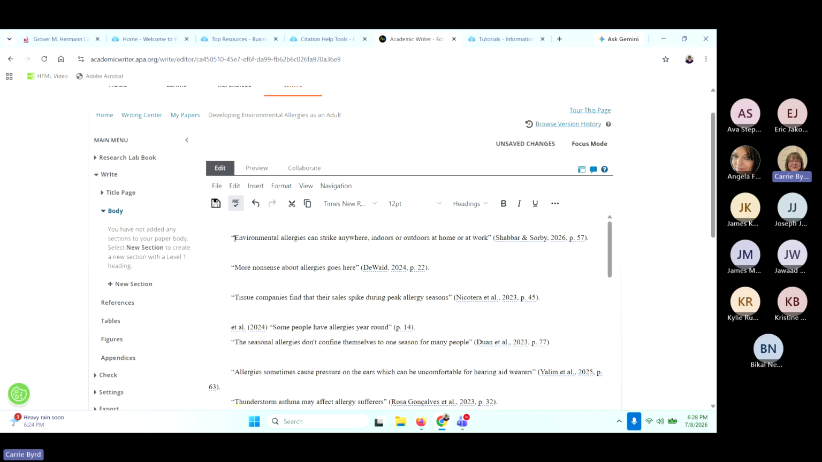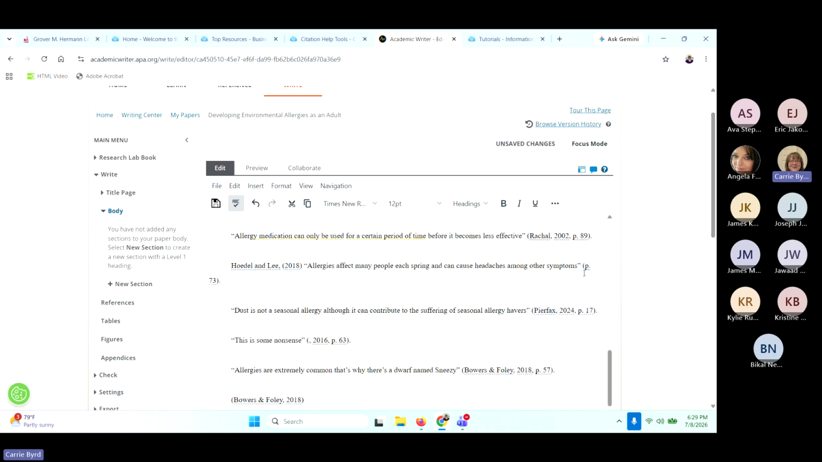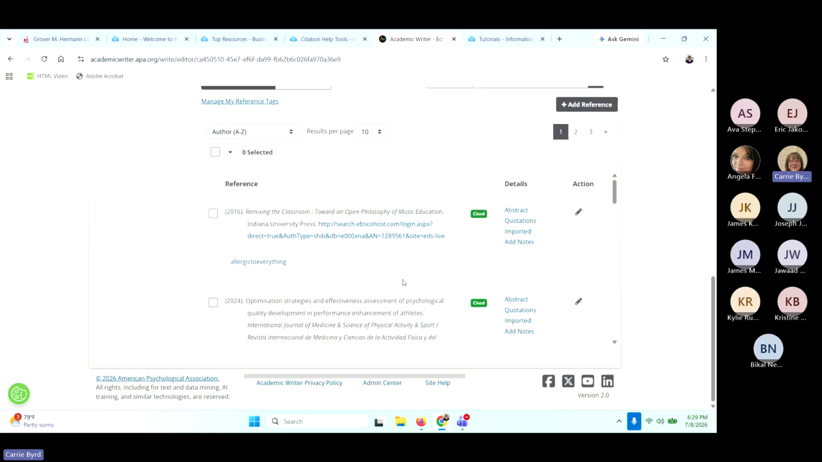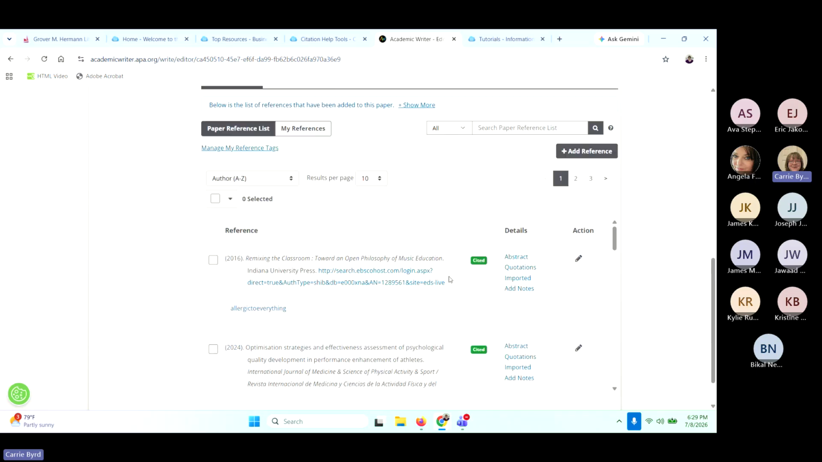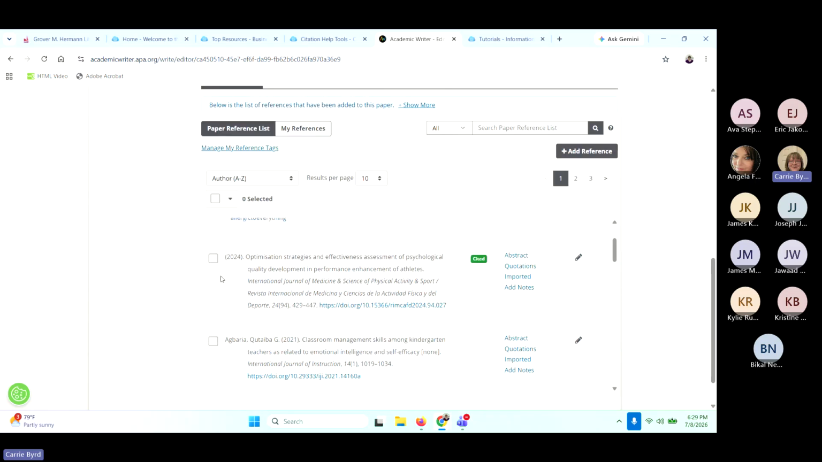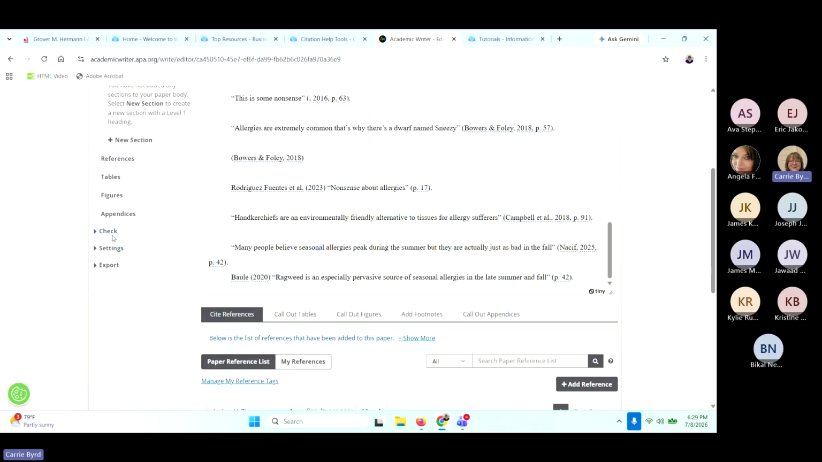So here is my in-text citation. This makes life much easier for me because even if I don't want to write my paper here, I can use this to help me generate my citations. When I do this, it also adds these to my reference list. Now, I can add things to my reference list without doing this, but if I want help generating my in-text citations and my reference list, this is a really easy way to do that